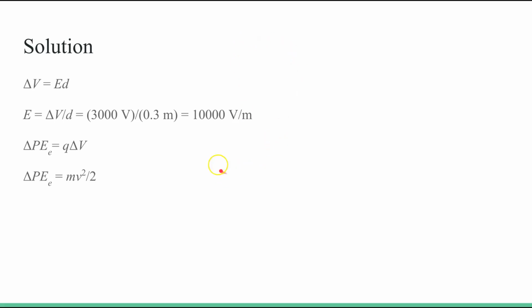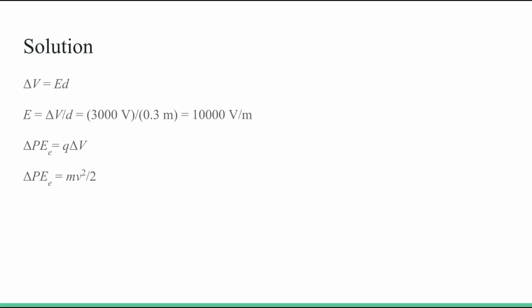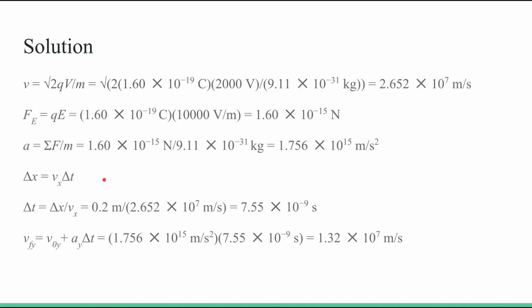So this is another unit for electric field, and you could use the change in potential energy. So the potential energy lost into kinetic energy equals Q delta V, and you could just put the change in potential energy equals the kinetic energy, mv squared over 2, or 1/2 mv squared. And if you substitute in over here, Q delta V equals mv squared over 2, and then solve for v,